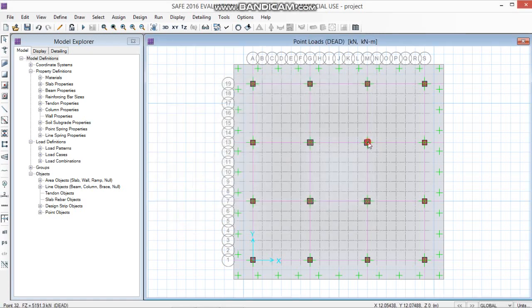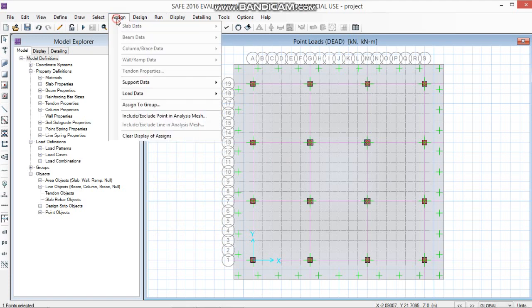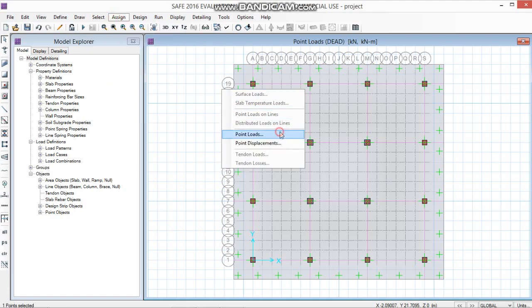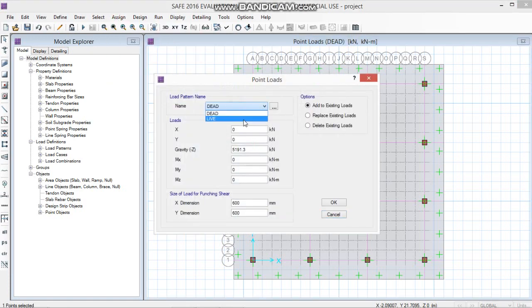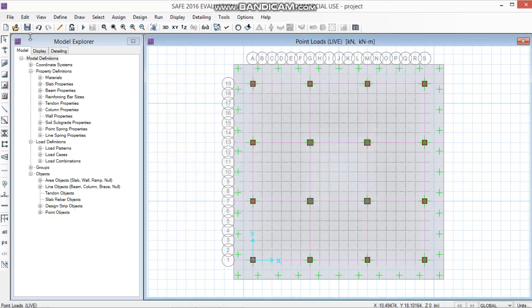Again click on the column center, go to Assign, Load Data, Point Loads, make it as Live, then put the gravity load value as 2709.1. Now click on OK. So now loads have been completely assigned to all the columns.